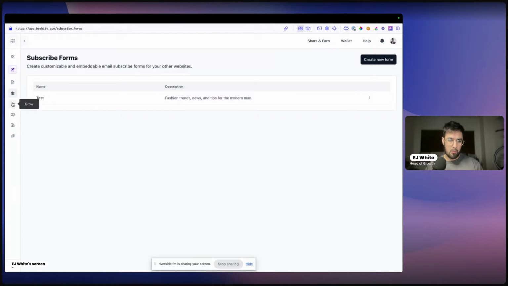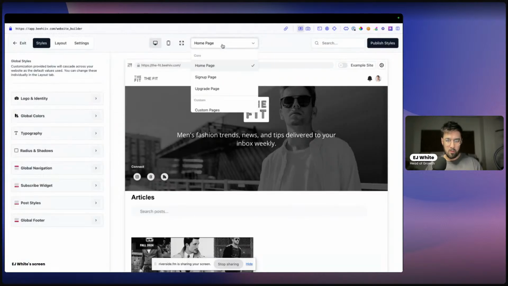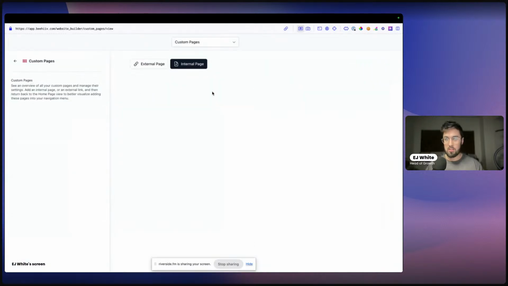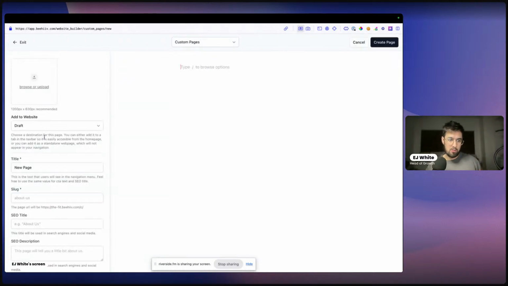So with the slim embed copied to my clipboard, I'm going to go to the newsletter or the website builder. And here I'm going to go to custom pages. This is how you create those custom standalone pages. An external page would be if you wanted to add a third-party website to your navigation bar at the top. Because we want to do this to collect information, we're going to do internal page. So we're going to call this lead gen